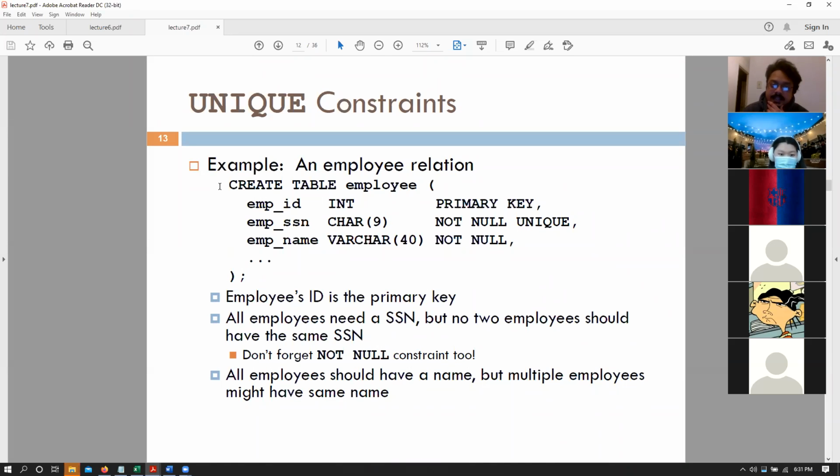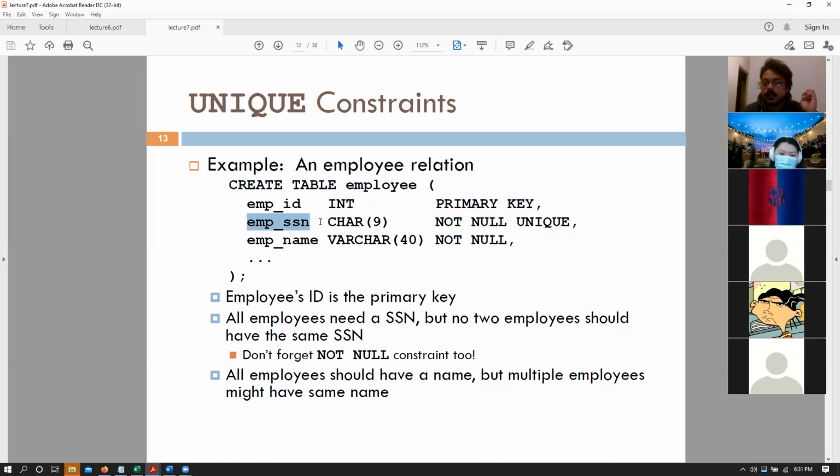So we can then say create table employee, where employee ID has to be the primary key. But remember, we can also have candidate keys, and we can say that we don't want our SSN number to be a primary key because we don't want to have that SSN number littered throughout our database. But we can also specify that this has to be a unique SSN number. And on top of that, we can also specify that this can't be null.